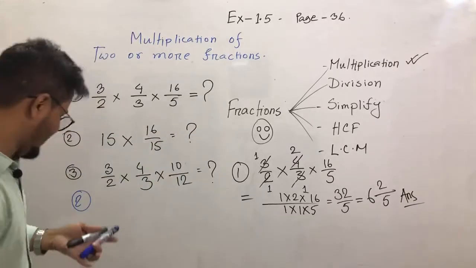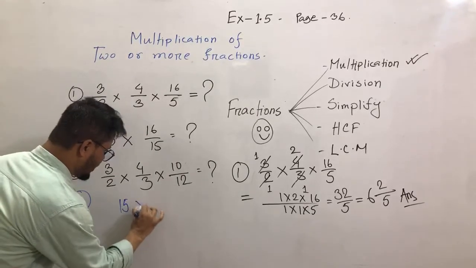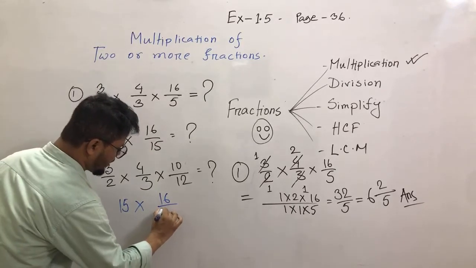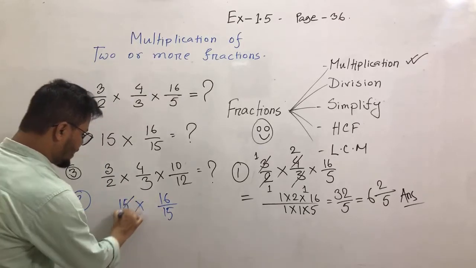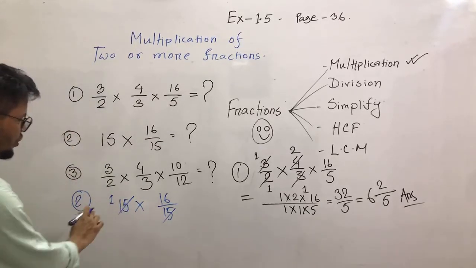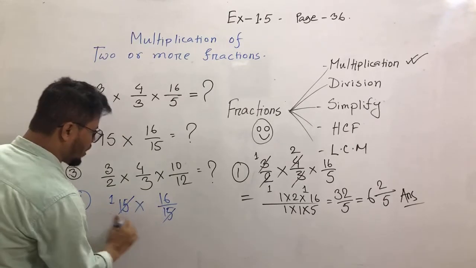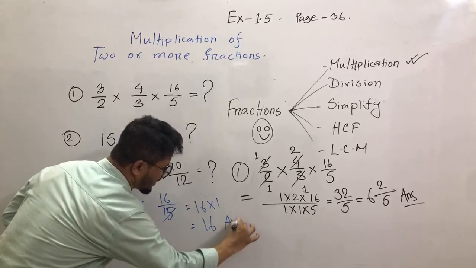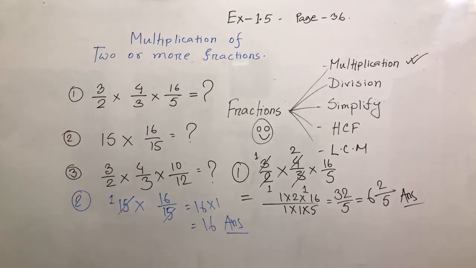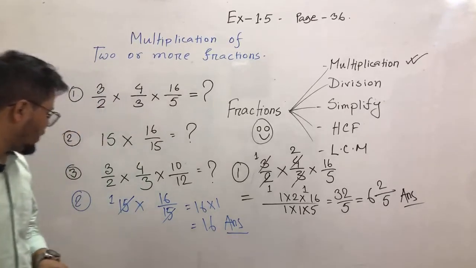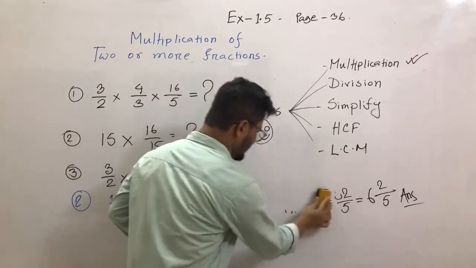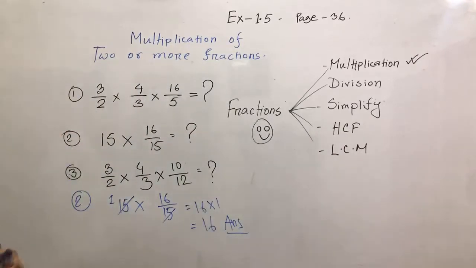It's a very easy question. And number 2, 16 multiply by 15. So we can eliminate 15, 1 times 15. So now 16 multiply 1, we can write here 16 multiply 1 is equal to 16. So the second question answer is 16. Now write in the comment section what will be the answer of question number 3. Dear students, we are going to eliminate this one. What is the answer of question number 3? Please write down in the comments.